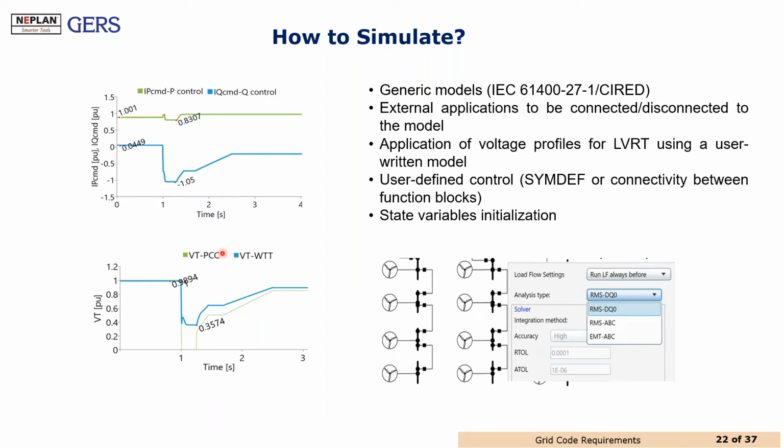type of faults. For example, dynamic simulations can be performed in symmetrical components or in the phase framework, depending on the type of fault, because for example, asymmetrical faults can be useful. The phase framework is useful to validate the performance of low voltage ride through in asymmetrical faults. And in symmetrical faults, the symmetrical components for this kind of simulation would be useful.